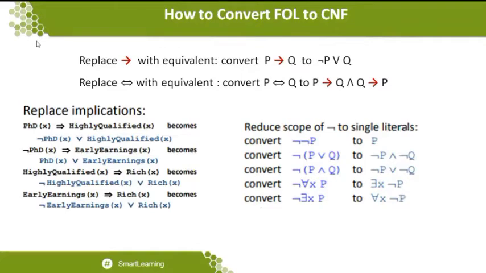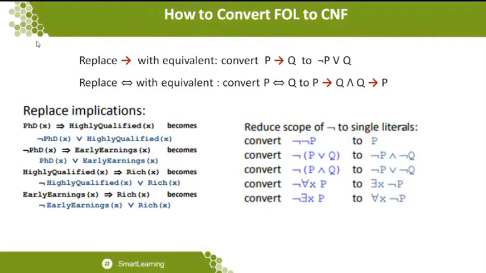These statements should be removed by applying three kinds of logical connectives, which are supported by AND: NOT, disjunction and conjunction, which we call OR and AND. For example, PhD of X implies I qualified of X. When the implication is removed, we take PhD of X as P, and the implication is removed by using two additional logical symbols, one is the negation as well as an OR symbol. This is what we already saw in part 1 of the resolution.